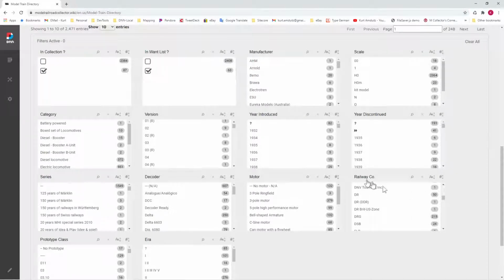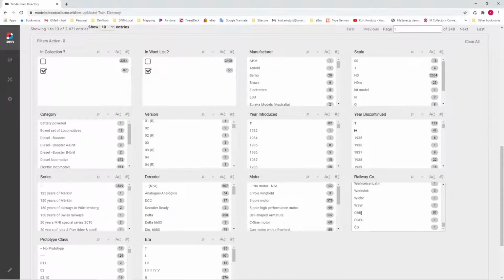So I go to Railway Company and scroll down, and I see there's an item called OBB. OBB is the symbol for the Austrian National Railway. Before I click it, you can see that it says 57. That means in this set of 2,400, there are 57 OBB locomotives.